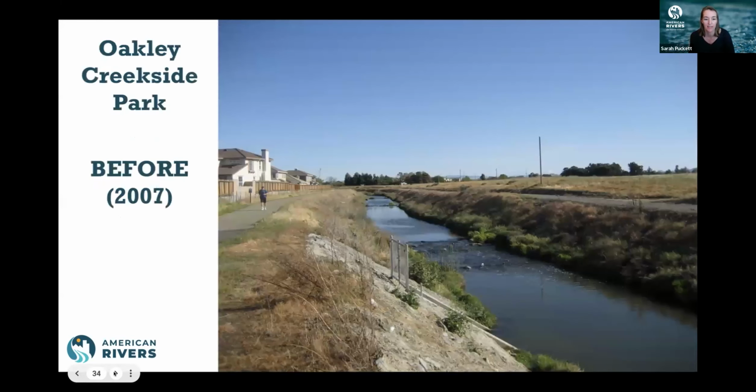Next slide, please. All right, so now you can see this in real life. This is the trapezoidal flood control channel of Marsh Creek. This is in the city of Oakley. We're standing on the Laurel Road Bridge. This is back in 2007, looking upstream, which is south. And you can see the Marsh Creek Trail on the left-hand side,